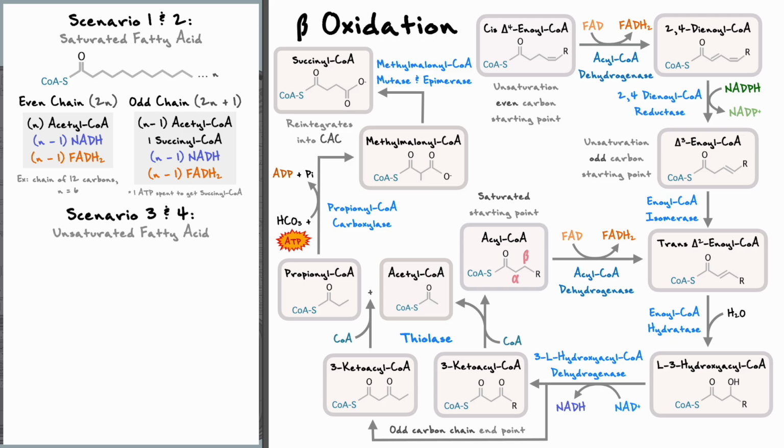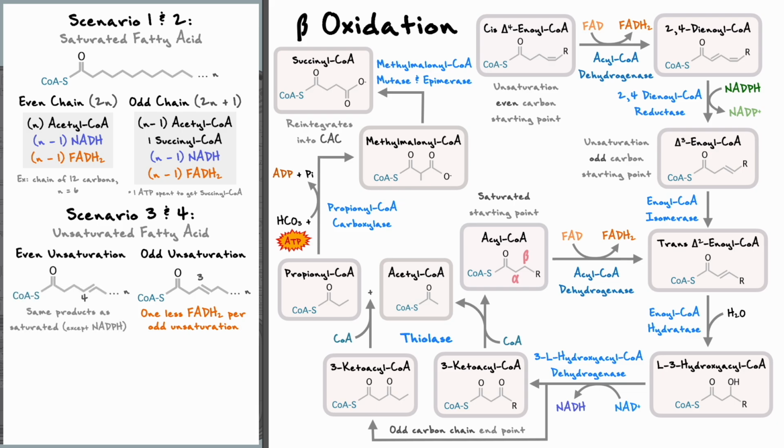When it comes to the unsaturated fatty acids, as we've seen, what matters is on what carbon the double bond falls more than the chain length itself. If the double bond falls on an odd carbon, 1 FADH2 is subtracted per double bond. If the double bond falls on an even carbon, then the FADH2 is produced and it can basically be treated as the saturated fatty acid. You can keep in mind that it costs 1 NADPH per even processed double bond, but this should not impact the energy yield. These few rules should cover the majority of the biological fatty acids that get degraded in the